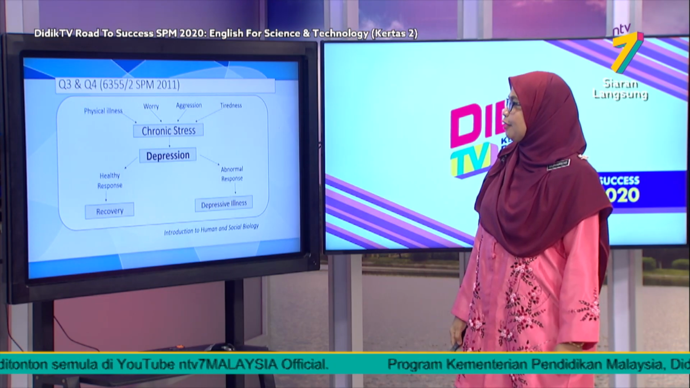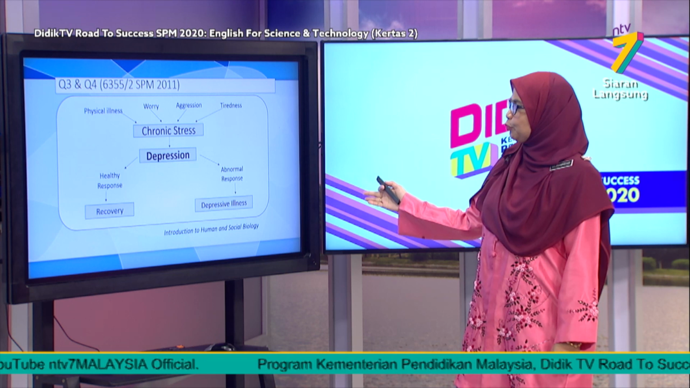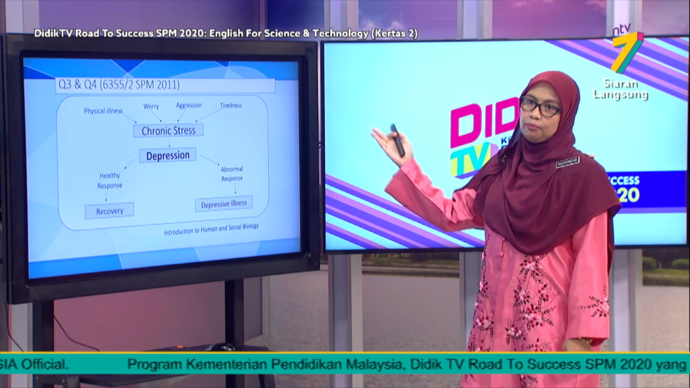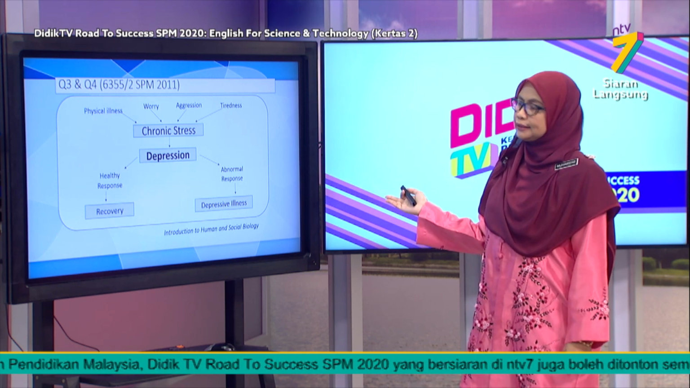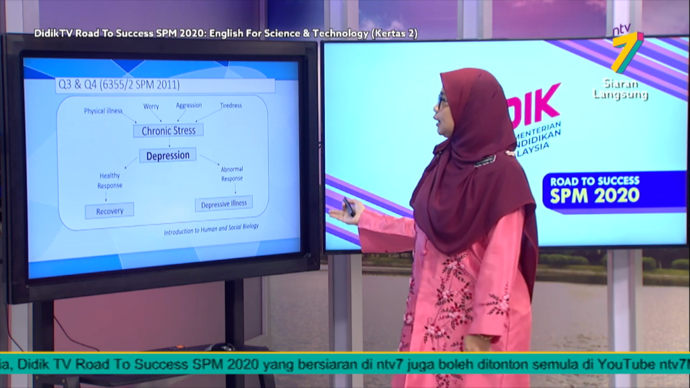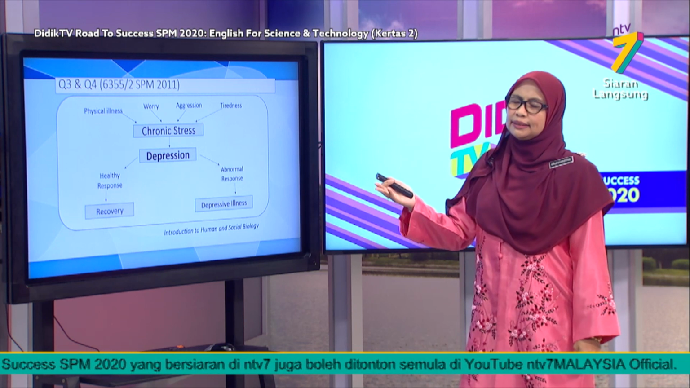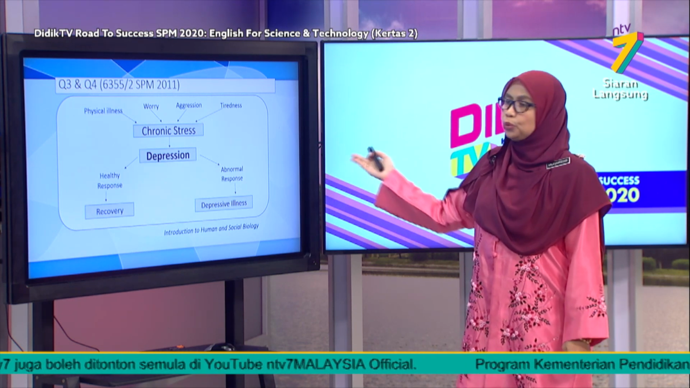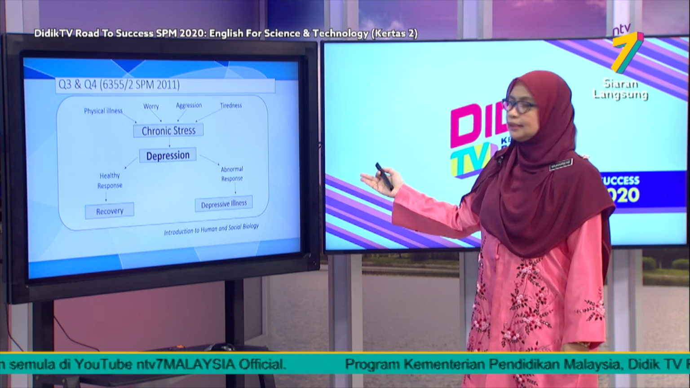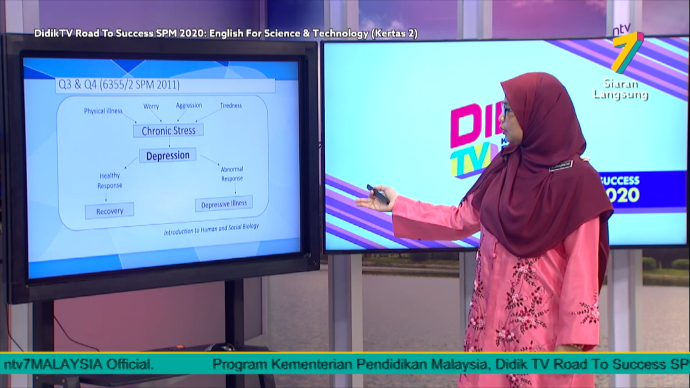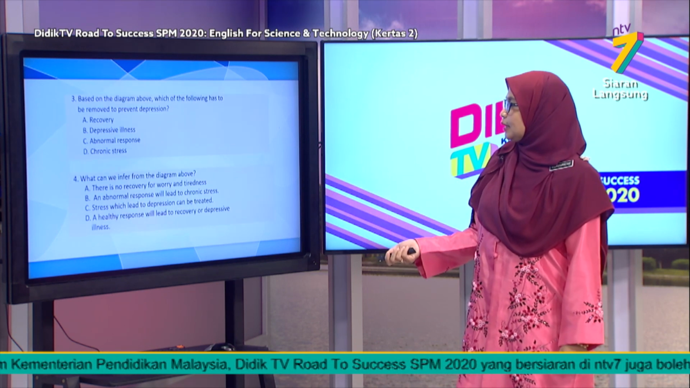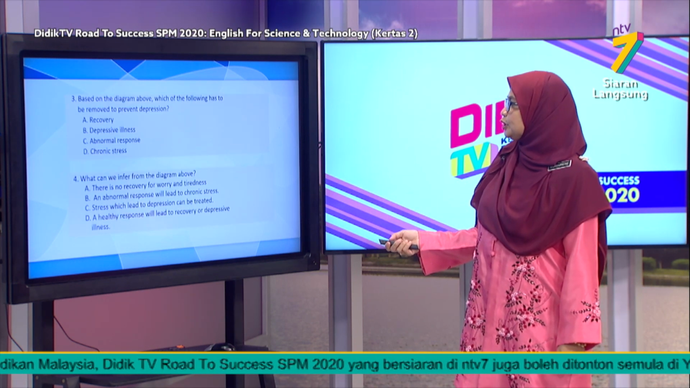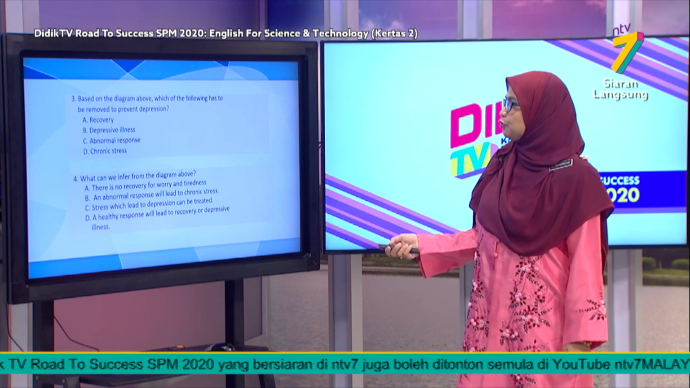Question number 3 and 4. This type of question, you only get a mind map like this. It is a non-linear text, so you have to study it in order to understand and answer the questions later. Two questions for this mind map. Okay, the question: based on the diagram above, which of the following has to be removed to prevent